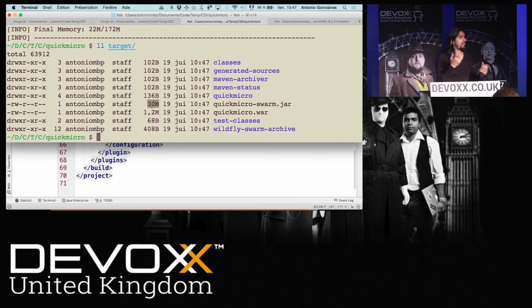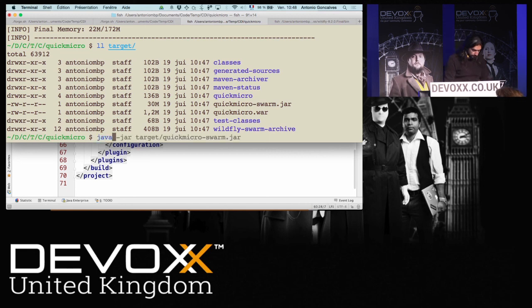If you know Spring Boot, that's roughly the same idea. WAR files are defined, you know, what's under WEB-INF, lib, etc. EAR files too. A jar file is just an archive where you can bunch anything you want, really. So we're just agreeing on the structure of the jar file. Spring Boot does it one way. Swarm does it a different way. But basically, if you unzip this quick micro swarm, you will find JBoss modules. You will find the JAX-RS fraction. You will find your code.